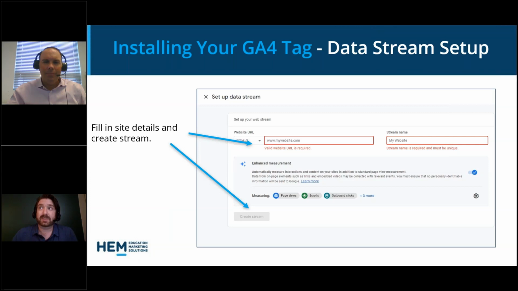In some cases, you might have a secondary website. For instance, all subdomains get included in here, but if you have a completely different domain that you also want to bring in, you might need to create a second data stream. Or if you're one of the larger schools that has like a cell phone application or anything like that, you can create separate streams for those as well to bring all the data from your different sites into one GA account.